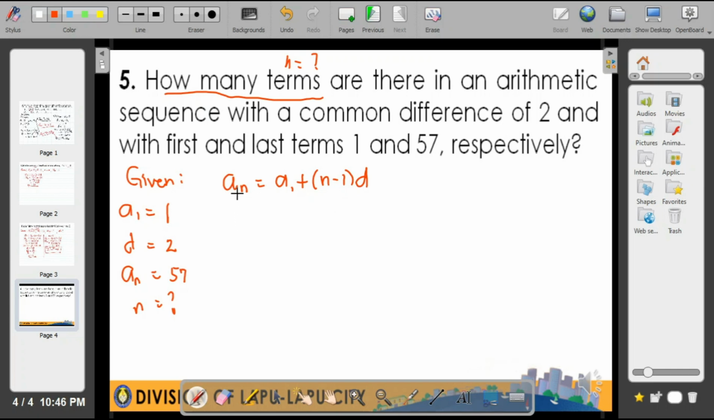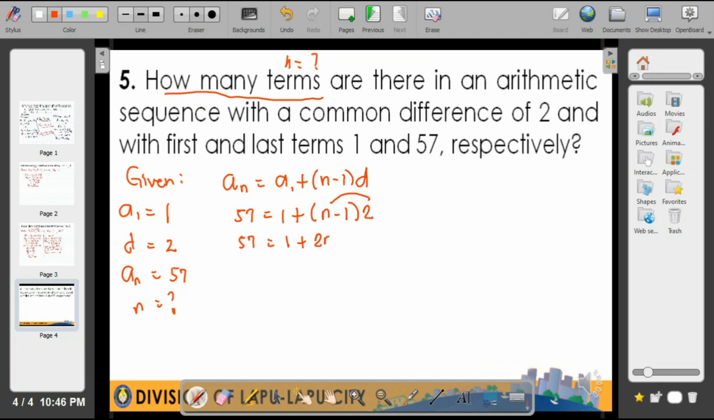Now, a sub n is known, di ba? Which is equal to 57. So we simply substitute the value of a sub n, which is equal to 57, and that would be equal to our a sub 1, which is 1, plus quantity, si n ato man gipangita, so kapira, minus 1 times the common difference, which is 2. From here, we simply copy 57, that's equal to 1, plus, ato ning i-distribute diha, si 2, so 2 times